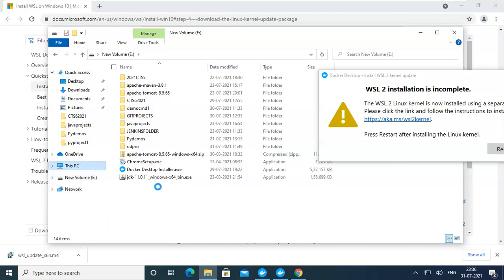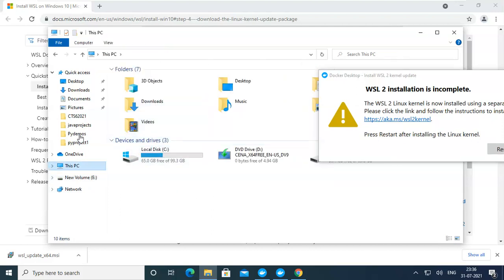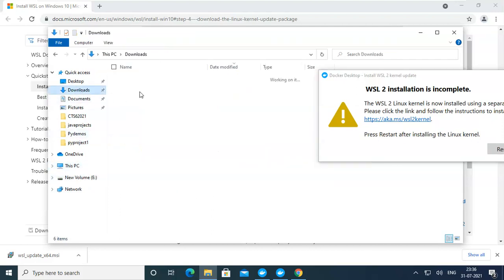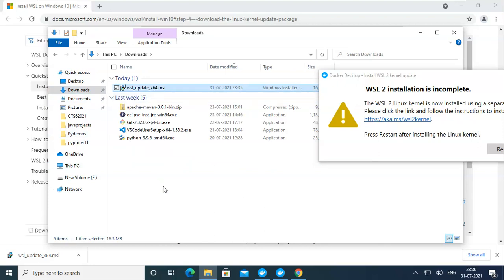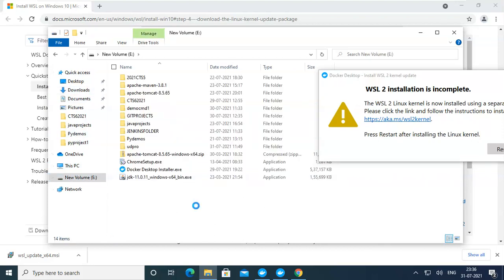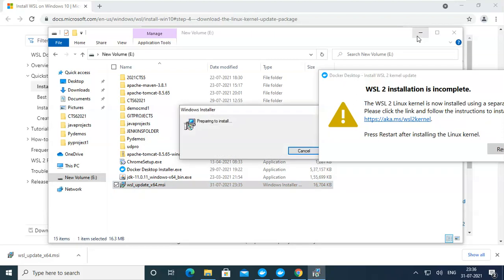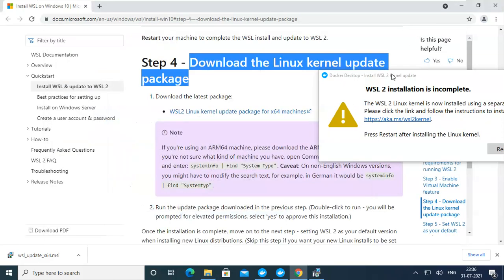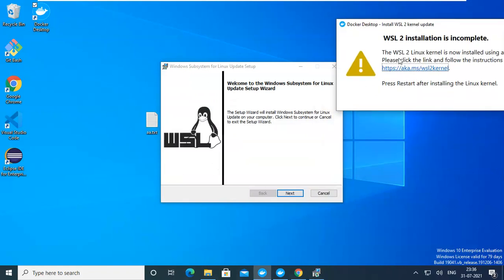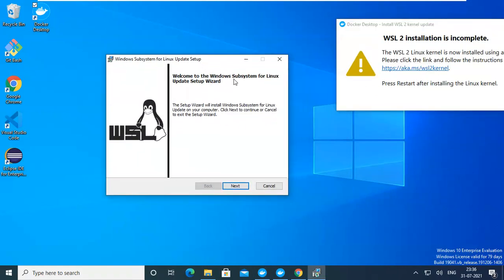Now what happened? Not cut. Downloads. Cut it. Don't copy and paste, because it's a virtual machine and it already consumes your machine's resources. Okay, now this is the welcome to Windows Subsystem for Linux update.